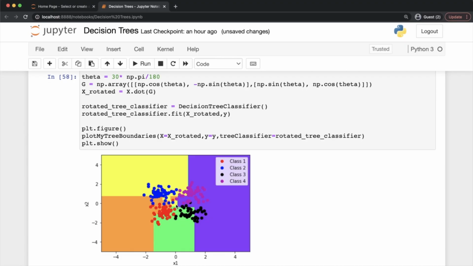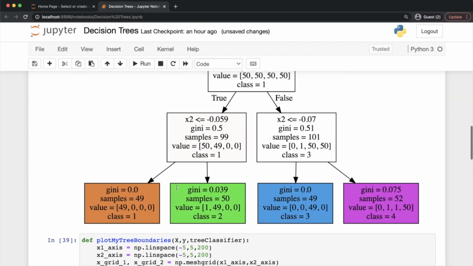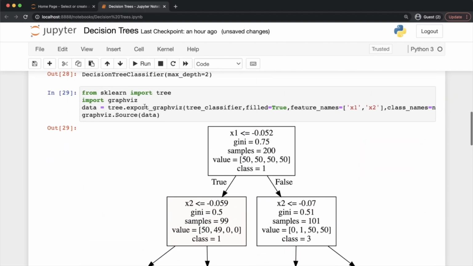As you can see over here, you get more than one boundary. You get 1, 2, 3, 4, 5, 6, 7, 8, 9. You have a lot of boundaries. And as you can see, it's not that clean, right? It's not so clean. If we want to go ahead and take a look at the decision tree, copy paste